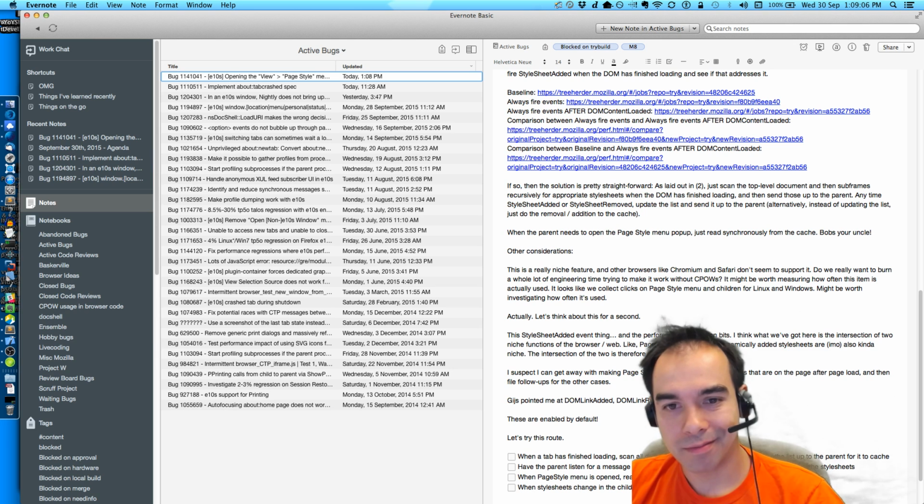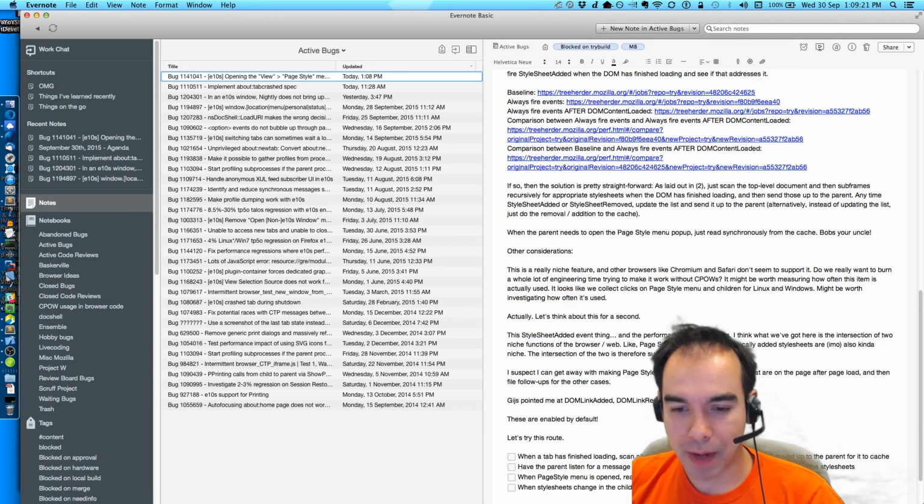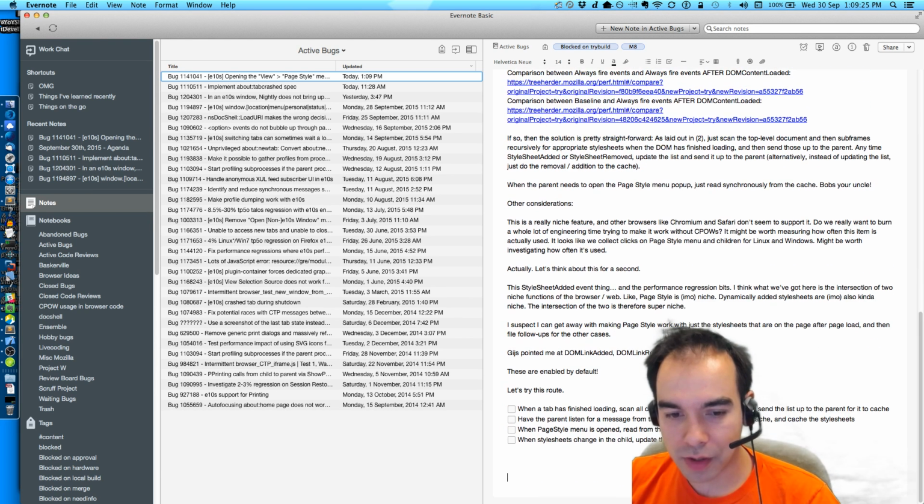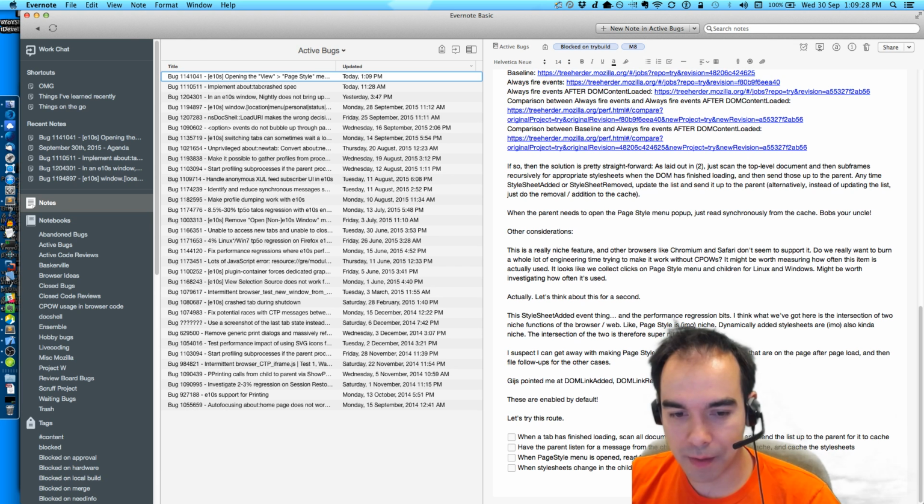Probably it depends on how many documents there are and how many style sheets there are. It might scale that way. I'm not too worried about this, but we're going to update the parent somehow. So I think this is the plan. I'm going to try and do this.